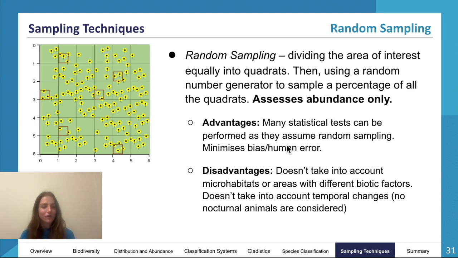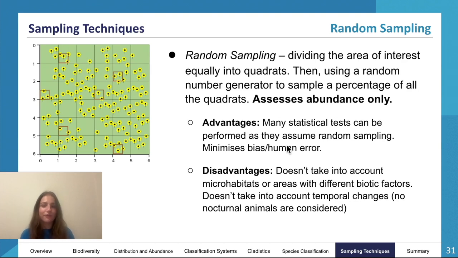But random sampling does also have its disadvantages. One significant limitation being that it doesn't account for microhabitats or areas with different biotic factors. Obviously, like we saw when we're looking at the spatial scale, ecosystems can vary incredibly, even within themselves. So doing this is obviously ignoring a whole heap of the ecosystem. This means that important variations within the ecosystem, such as small patches with unique environmental conditions, like I was discussing earlier, even though they are randomly overlooked, they are still overlooked,